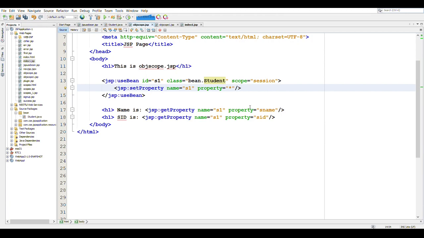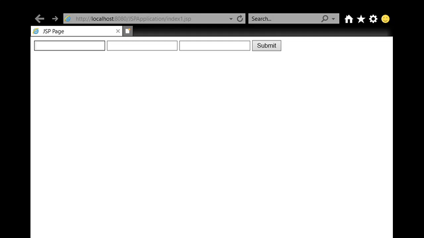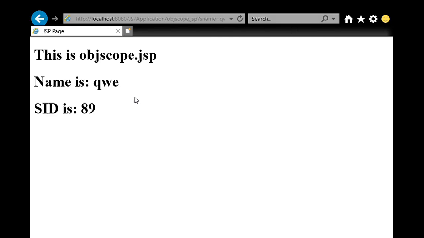So if we run index1.jsp, these are the three input text fields, and let us enter QUE, 89 and some side value. When we submit, the name is automatically mapped to the sname parameter from the request, and the sid is automatically mapped to sid. Because the names were the same, this mapping happened automatically.